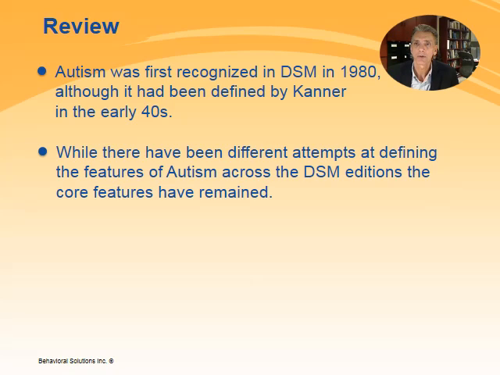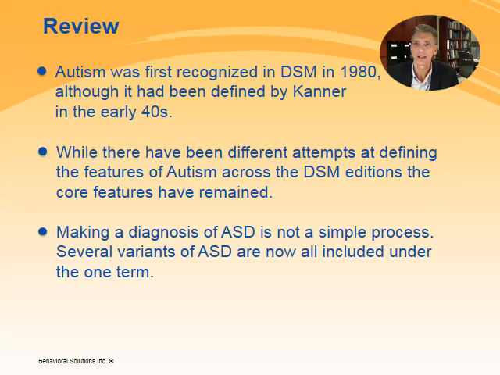While Asperger's syndrome and PDD-NOS have been used in previous editions of the DSM, research has demonstrated that these cannot be reliably distinguished from autism. This has led to the term autism spectrum disorder, or ASD, which is now used to cover all the variations from previous editions. The ability to conduct ever more sophisticated research on various diagnostic questions is why this decision has been made now as compared to earlier.